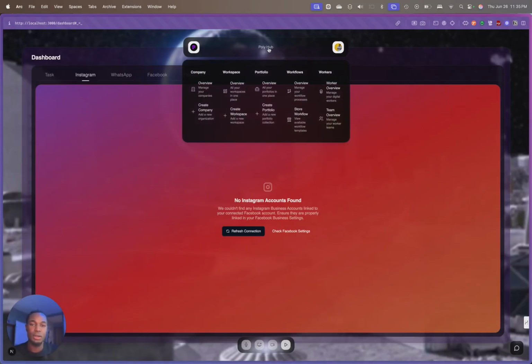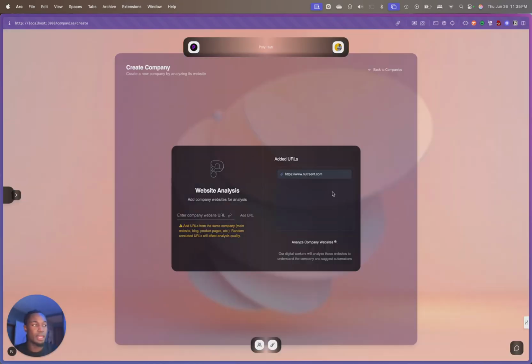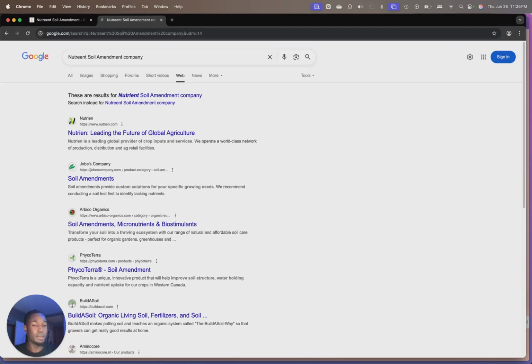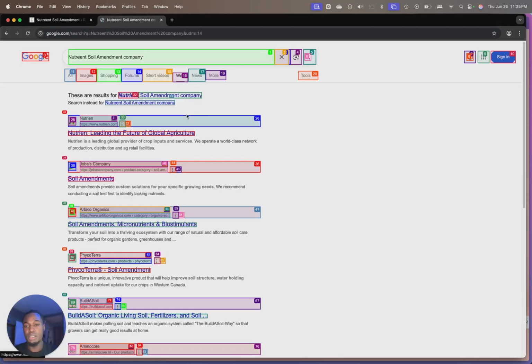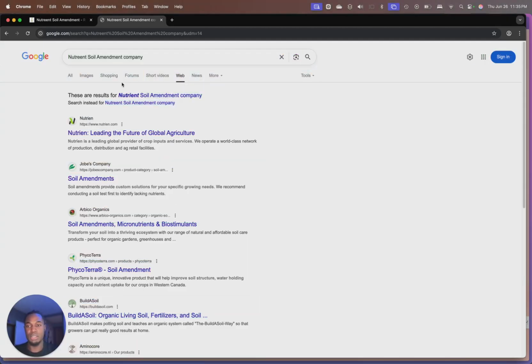So you're gonna go up here to the Poly Hub, and you're gonna go into Create Company. I think currently it is trying to create the company for Nutrient. We'd already started this process with Nutrient, and then I logged out and logged back in. But you can see here that it pops up a new browser, and the reason why it's doing this is because